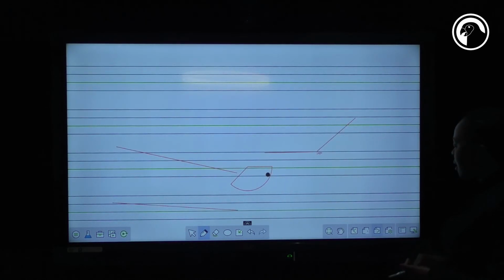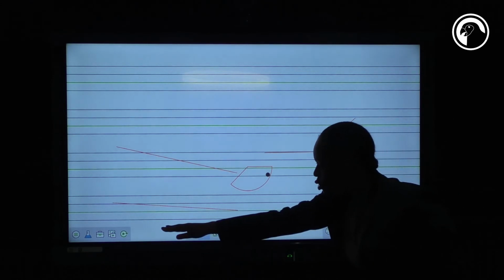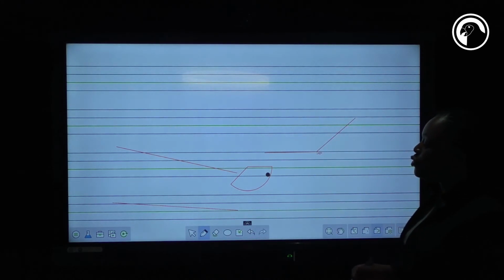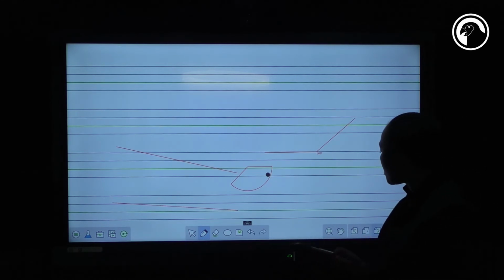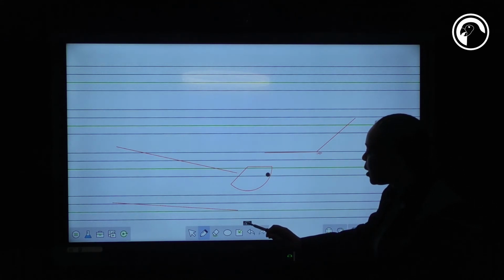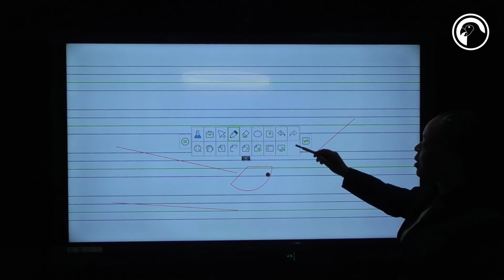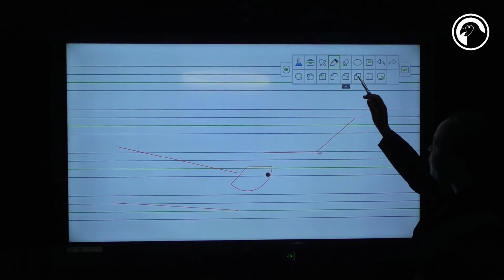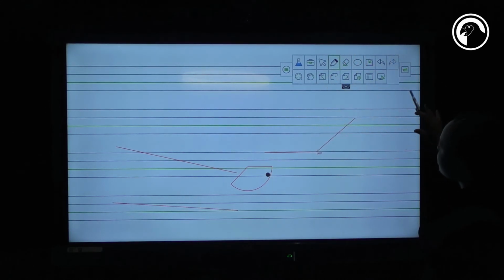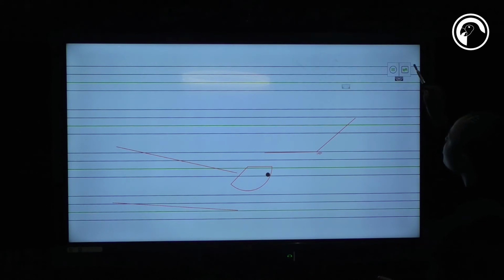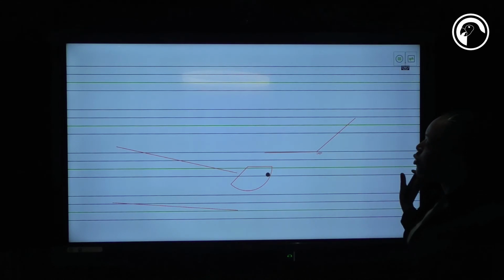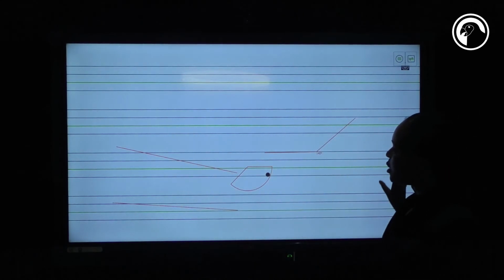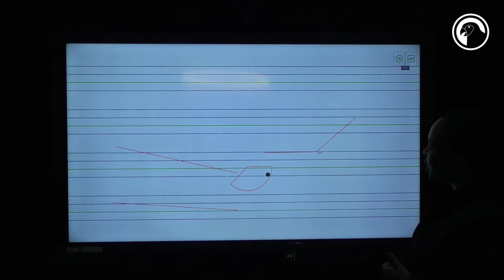And again, if you feel that you don't want this toolbar on the bottom because you want your younger learners to have space to write at the bottom here, you can move the toolbar a little bit upwards, and if you feel that the toolbar is covering some space that you need, you can make it a little bit smaller as well in such a manner. So let's just move it there, and you have all this space to write and